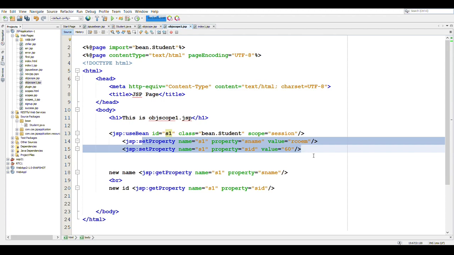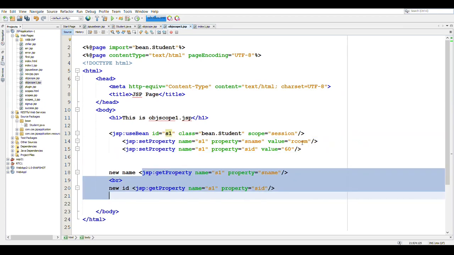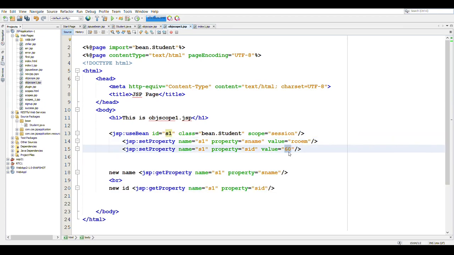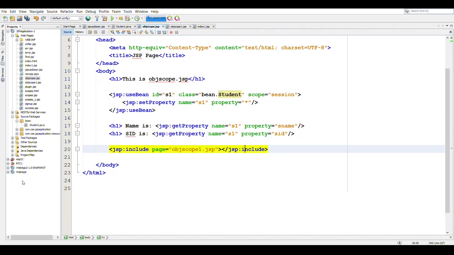You can also try out this code by keeping the set property lines inside the JSP useBean tag, and the values will not be changed. The value that we are setting is RCOEM and 60. To transfer control from objectscope.jsp to objectscope1.jsp, we are using the JSP include tag here.